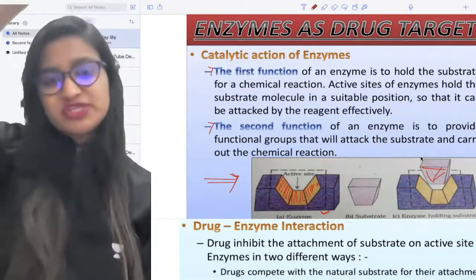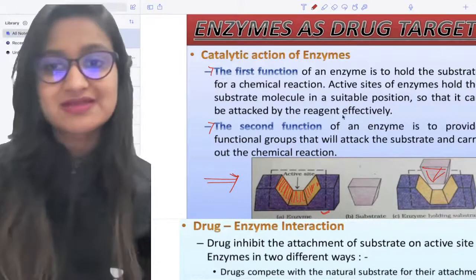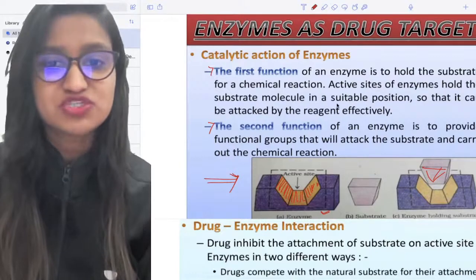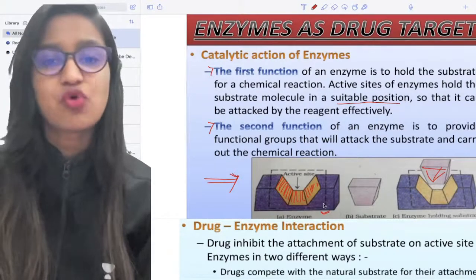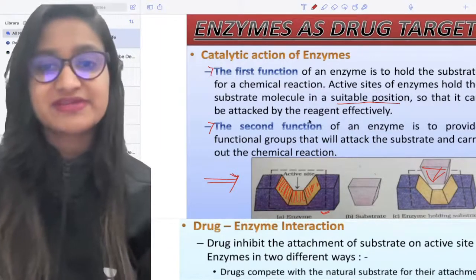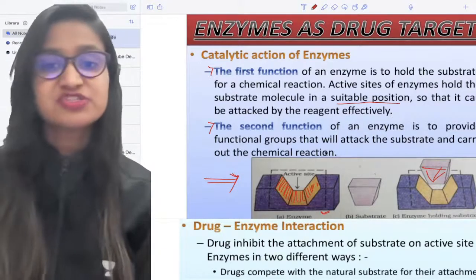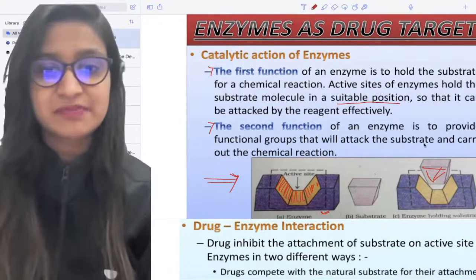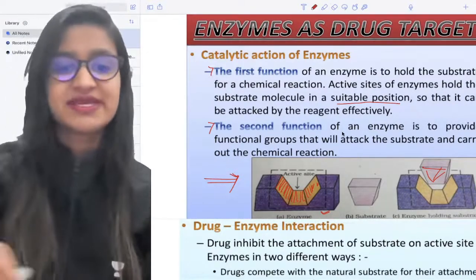आप देख रहे हो, same shape है तो जाके फिक्स हो जाएगी. So you can see that active sites of enzyme hold the substrate molecule in a suitable position, कि बिल्कुल suitable position में वो उसको hold करके रखता है, so that it can be attacked by reagent effectively. ठीक है, and the second function of an enzyme is to provide functional groups that will attack the substrate and carry out the chemical reaction. ठीक है,